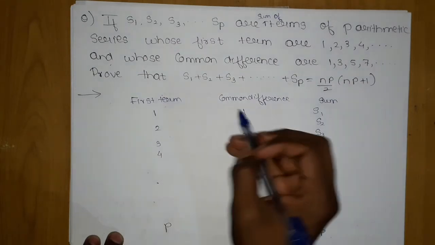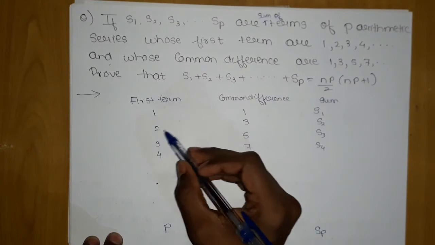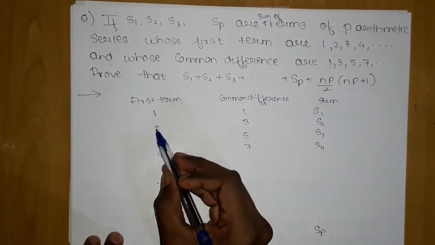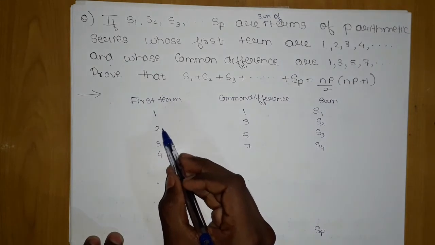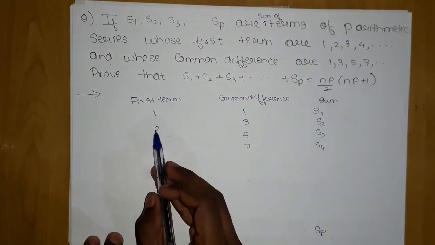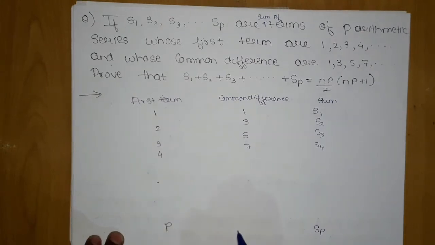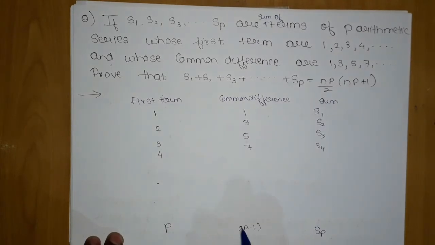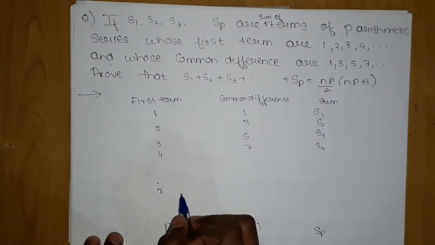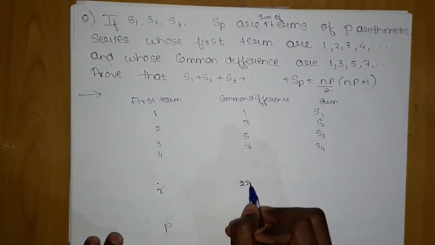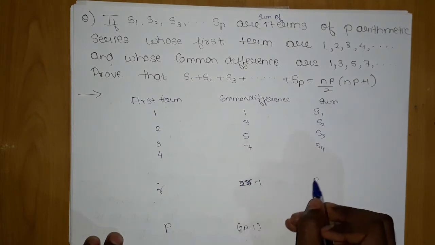And now if I go for intermediate r, what will be the last term? If you observe, the common difference is just one more than this. So how we can get 3? If I take it as p, 2p minus 1, then 2 2 is 4 minus 1, 3. So I can write it 2p minus 1. If I take an intermediate r value, I get 2r minus 1, and this will be SR.